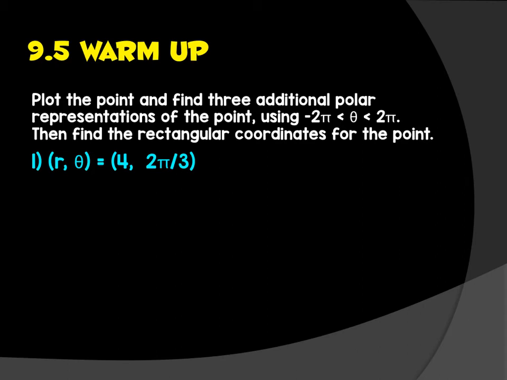Okay, so here's the warm-up for 9.5. It says plot the point and find 3 additional polar representations of the point using negative 2 pi is less than theta, which is less than 2 pi. Then find the rectangular coordinates for the point. So there's kind of 3 things in one here. The first one is the